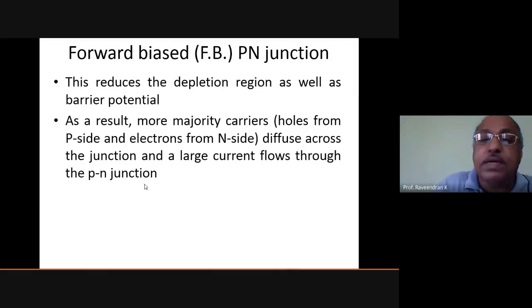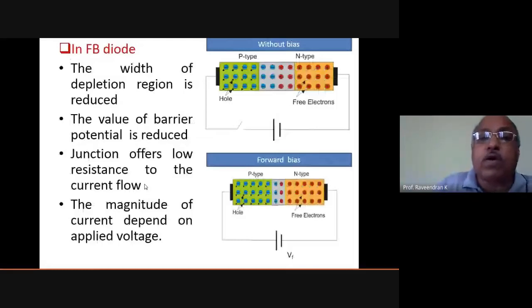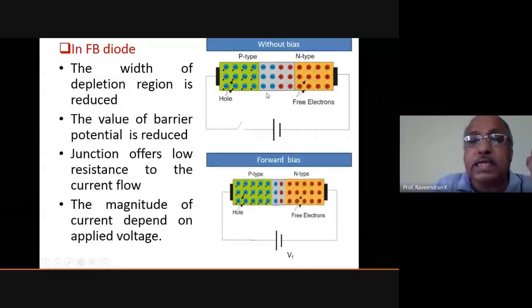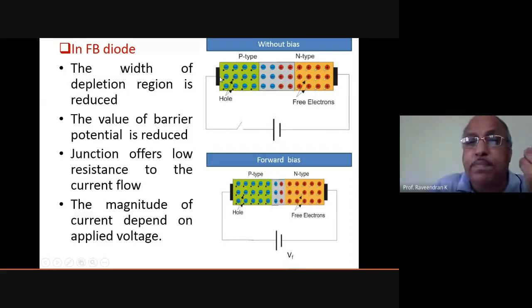The current will be increased more and more. So in a forward biased condition, what is that forward biased condition? Positive polarity is connected to the p-type material and negative polarity is connected to the n-type material, so that the EMF source will be sending a current through this PN junction when the applied voltage increases just above the depletion region voltage, that is the space charge region voltage, which is called the barrier potential. If the applied voltage is just above the barrier potential, this diode will start conducting current from positive to negative through this.